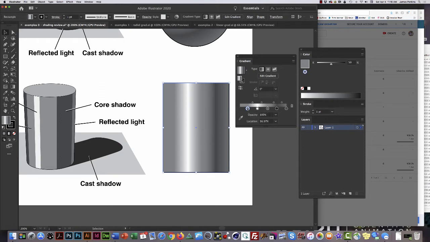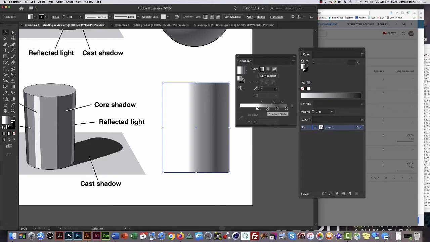If you want to get rid of a slider that you've created, simply grab it and drag it right off the palette, and it deletes it. But here's a little trick to make this go even faster. Instead of creating new sliders over here and having to go in and edit their colors, if I hold down the Option key on the Mac keyboard, and I think that's Alt in Windows,